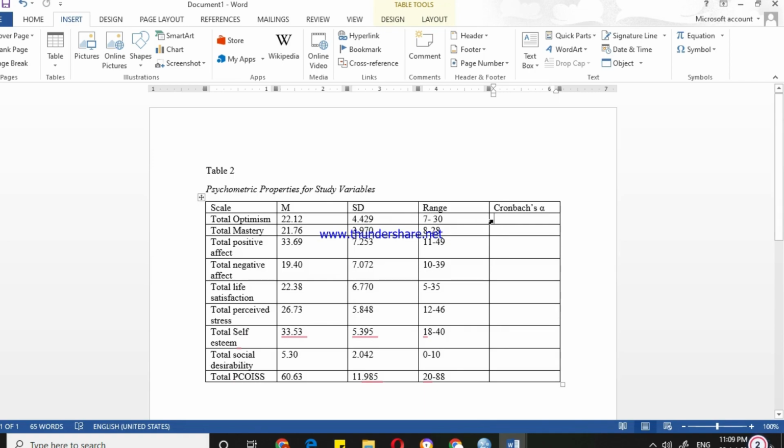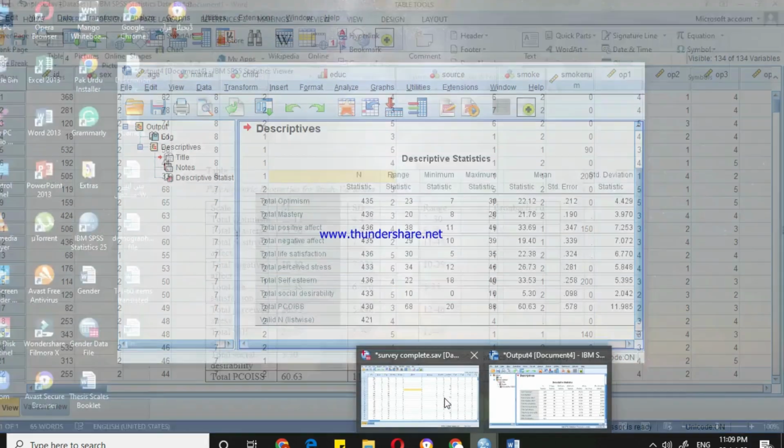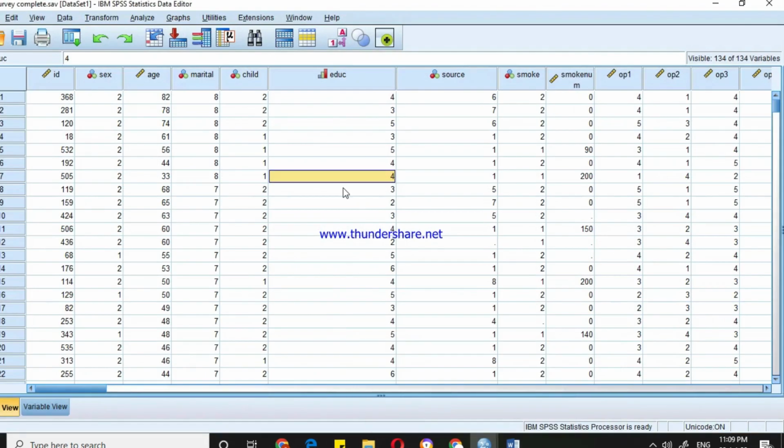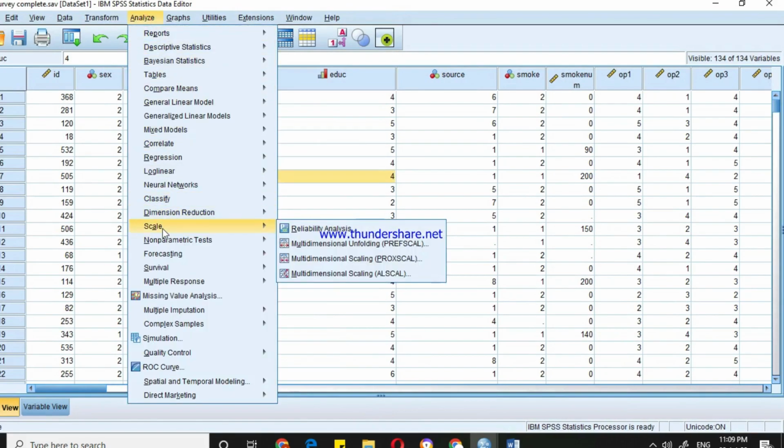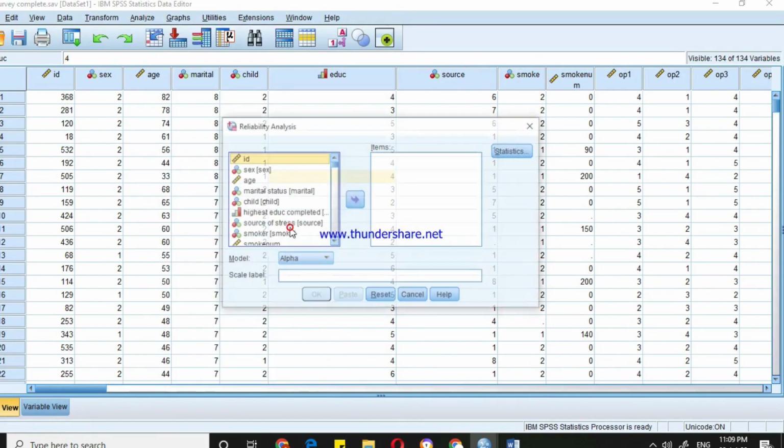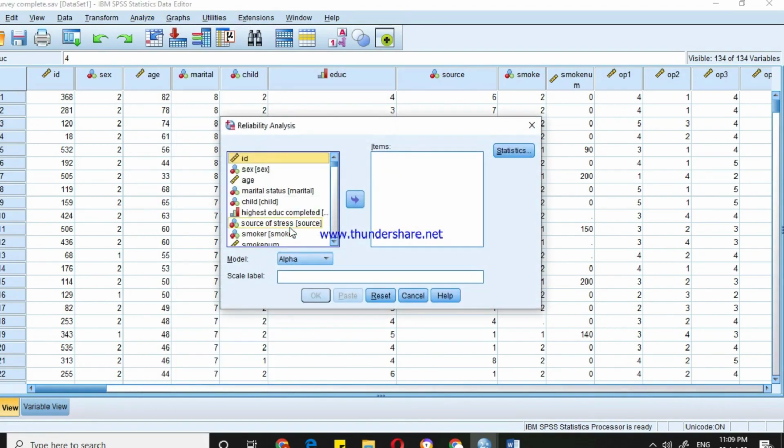Now we have to find out the Cronbach's alpha value. It is a time-taking and technical process. To find the Cronbach value, we go to Analyze. Here you can see Scale. Just click on it and then Reliability Analysis. Remember that Cronbach's alpha is the only statistic which uses all the items instead of the composite scores or the total scores. So we have to select all the items one by one from